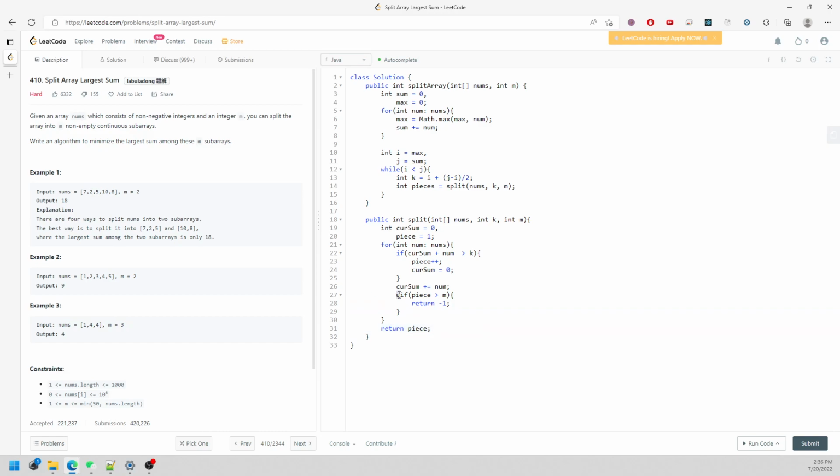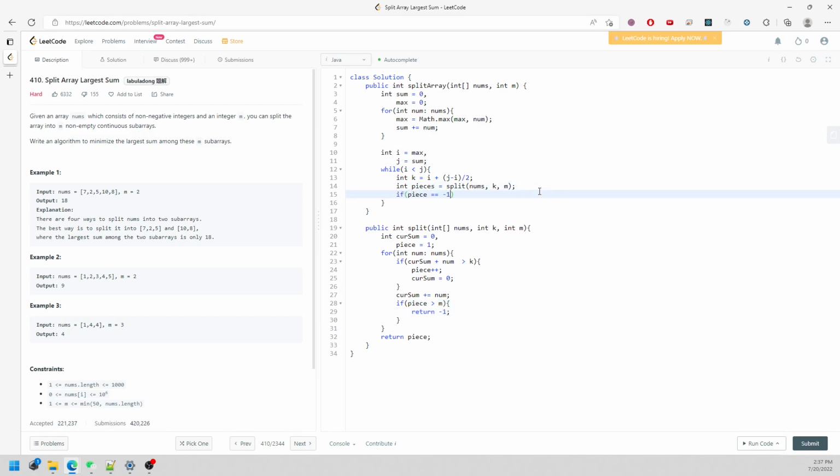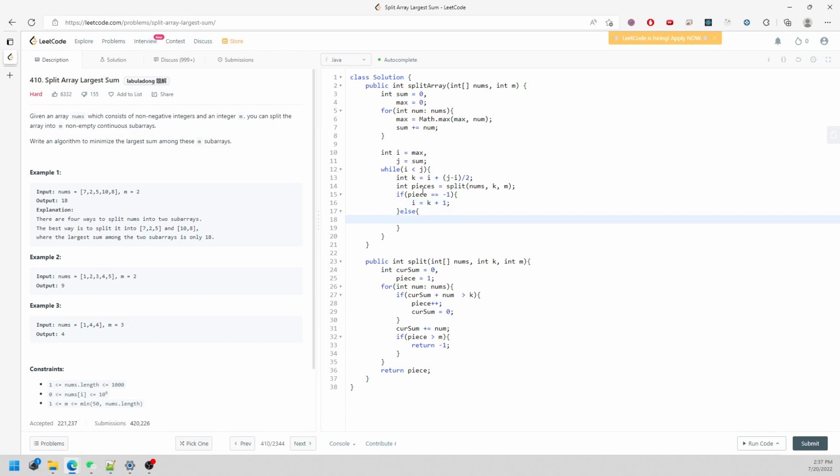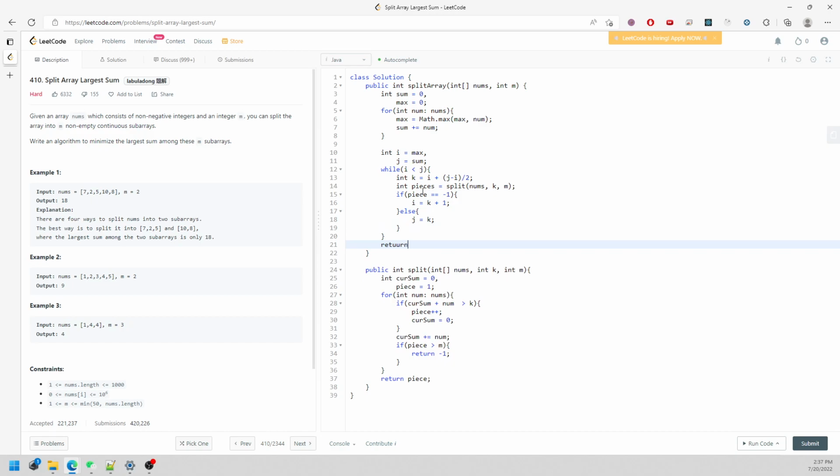So I'm going to make a stop position, like a breakpoint right over here. If the pieces that I calculate based on my current k is too small, then I will just break out of the for loop, and then I will just keep traversing on the next one, right. So if pieces is equal to -1, which means i is too small, so I will say i equal to k plus 1, and else, which is what j is for, I will just move the j index, which is k,